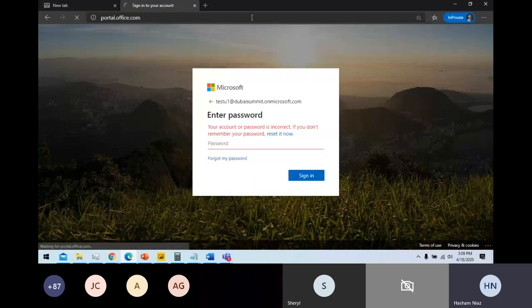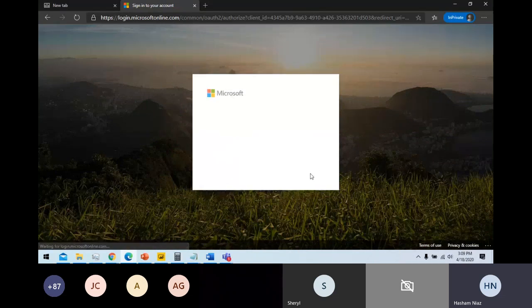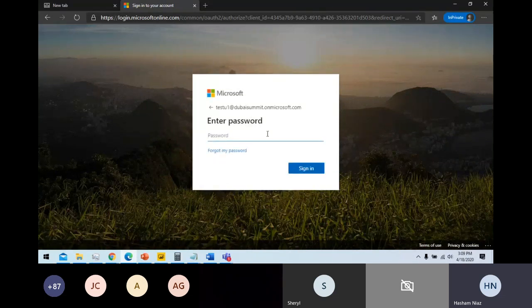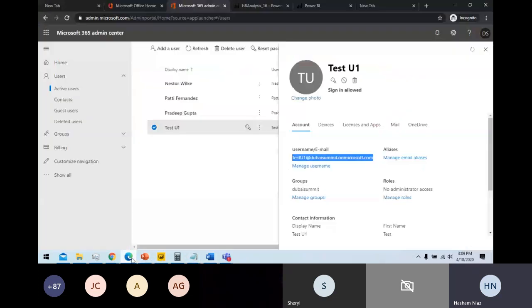So let me log in with this particular user test-u1. Hopefully this will log in.